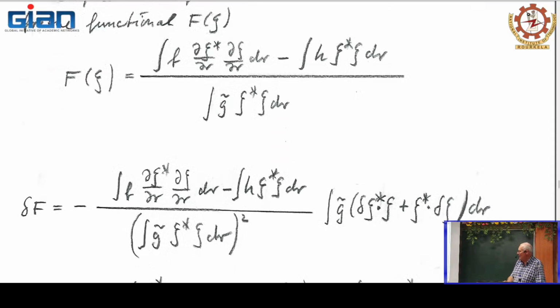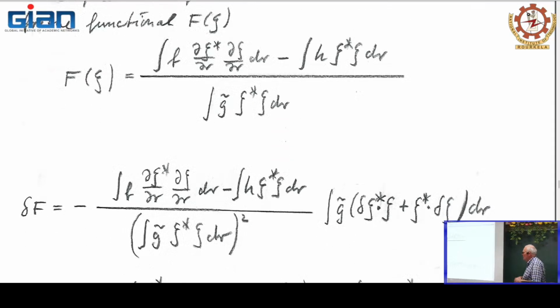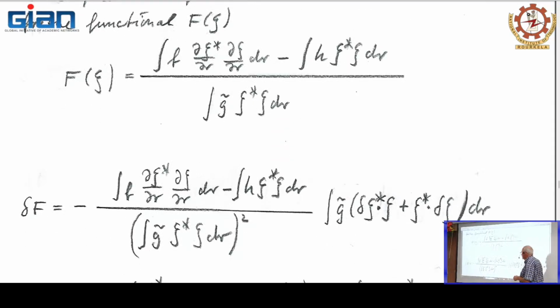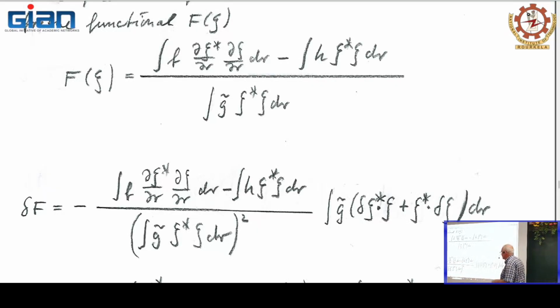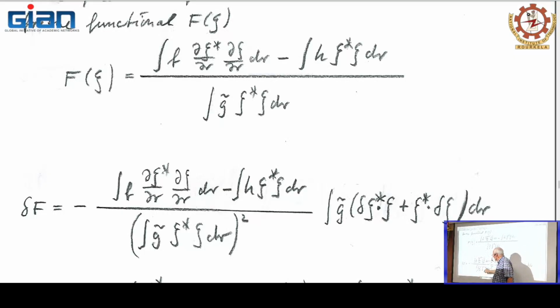Okay, so we calculate the variation of the functional with respect to variation of the function zeta. So delta f, the variation of this functional f, is given by the variation of the integrals on the right hand side. So first we have to apply the variation at all those places where the function zeta is contained. This is, for instance, at the denominator here. We have zeta star times zeta. Well, a variation acts like